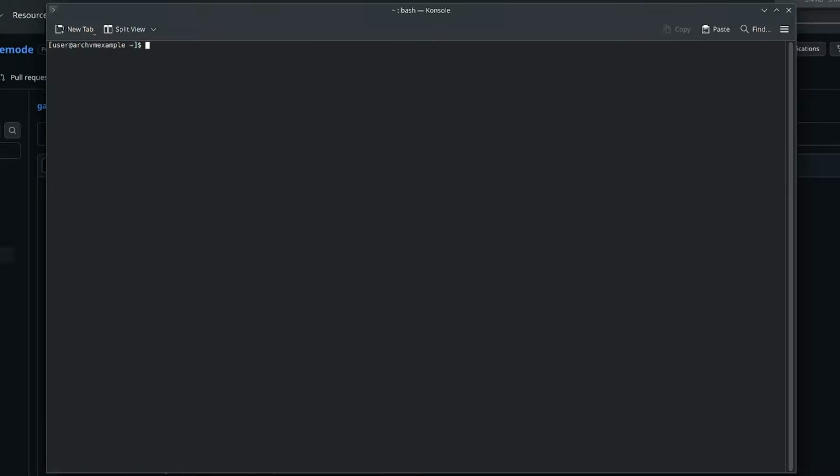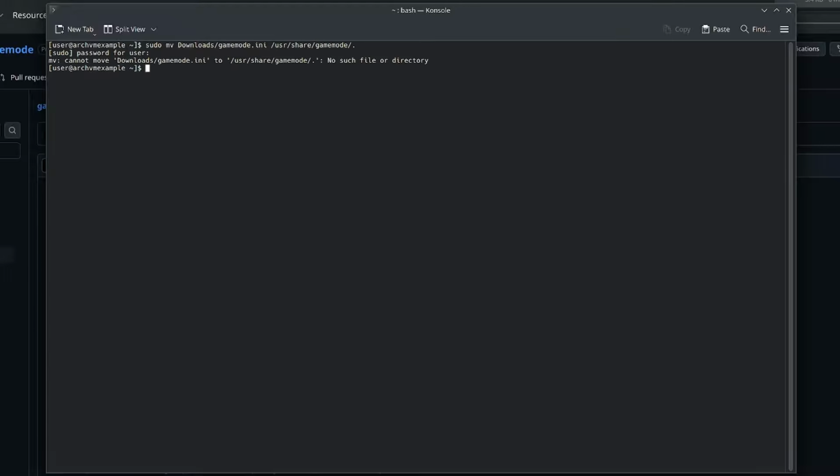And now we can use the move command to move this file from our downloads to the appropriate location. So to do that, we're going to use sudo, as we need admin permissions to move to anything basically that isn't our user folder, mv for move, and we're going to move the file downloads/gamemode.ini to /usr/share